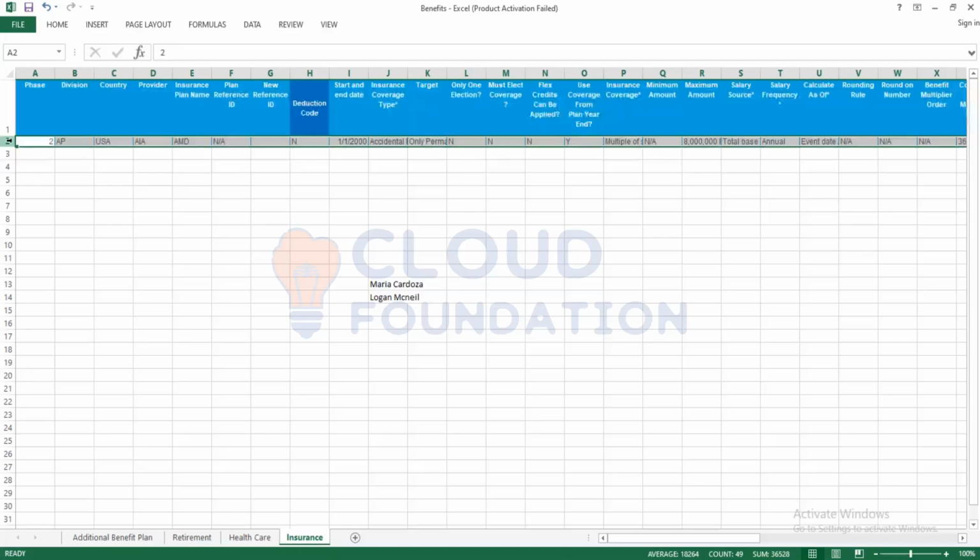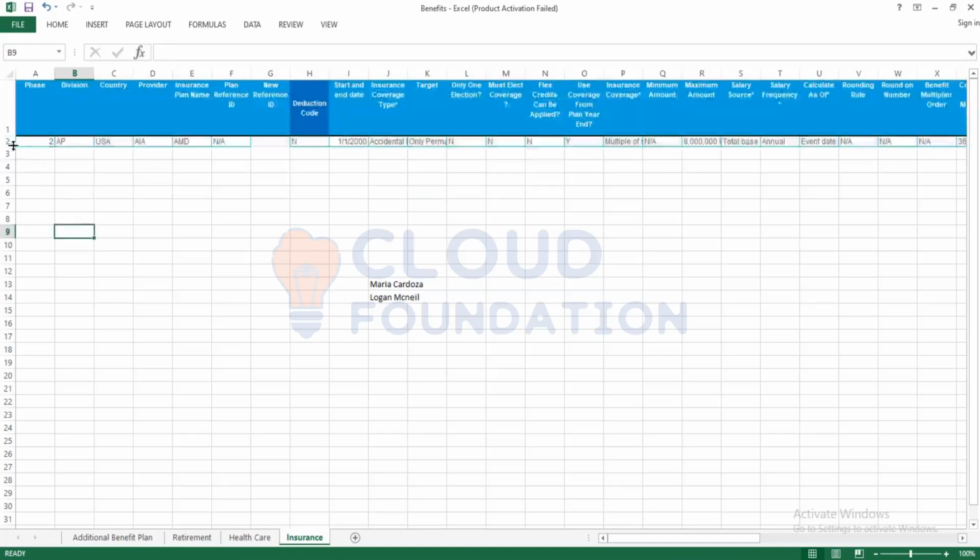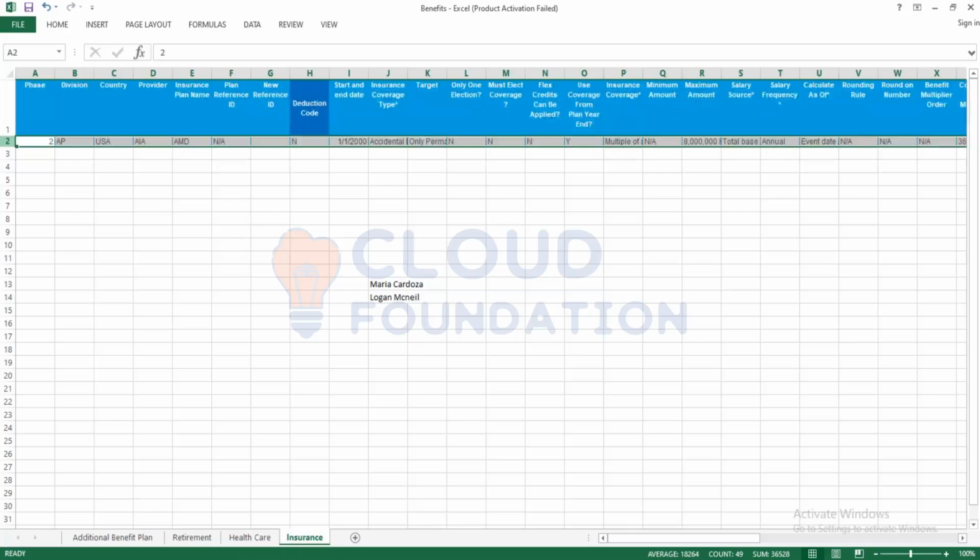Whereas insurance plans and healthcare plans have additional configurations like coverage targets, relationships, etc. Now today we're going to talk about insurance plan. So let me explain the requirement first,